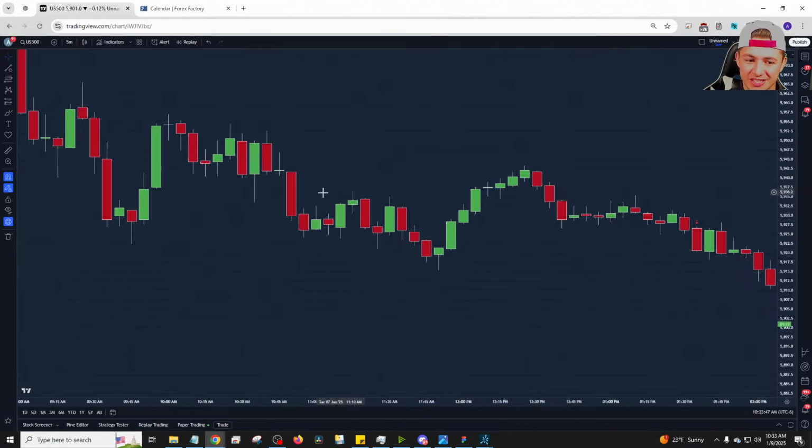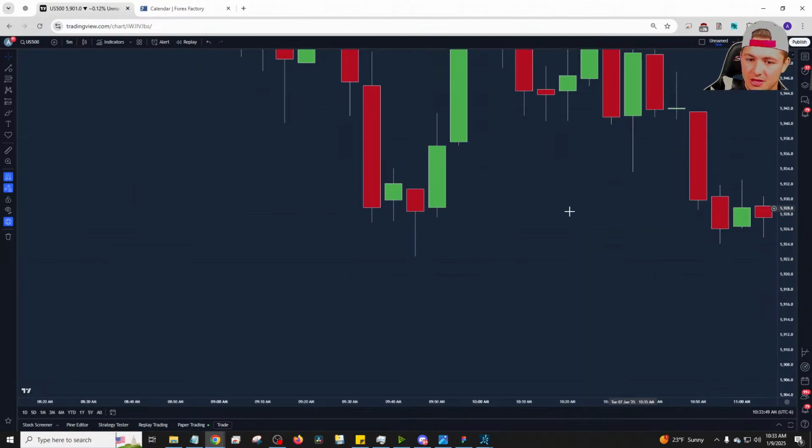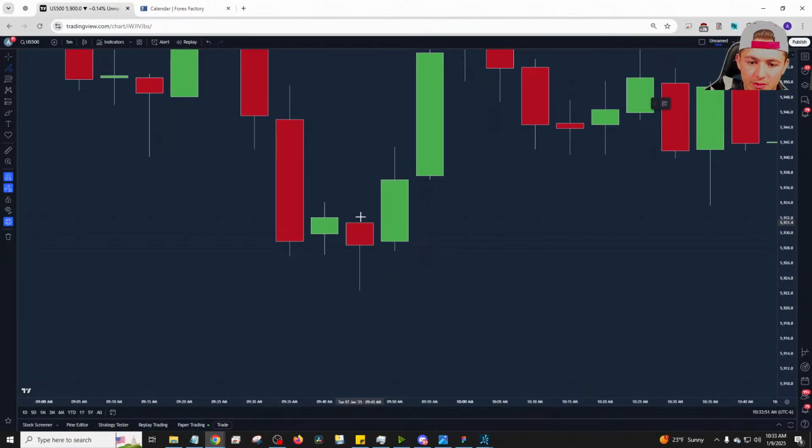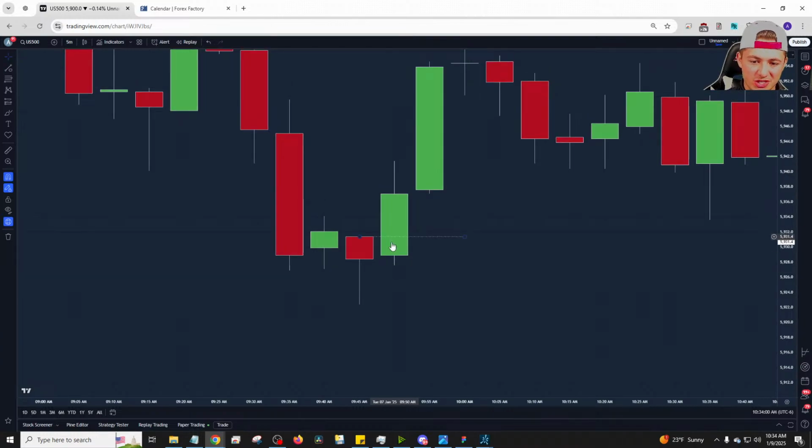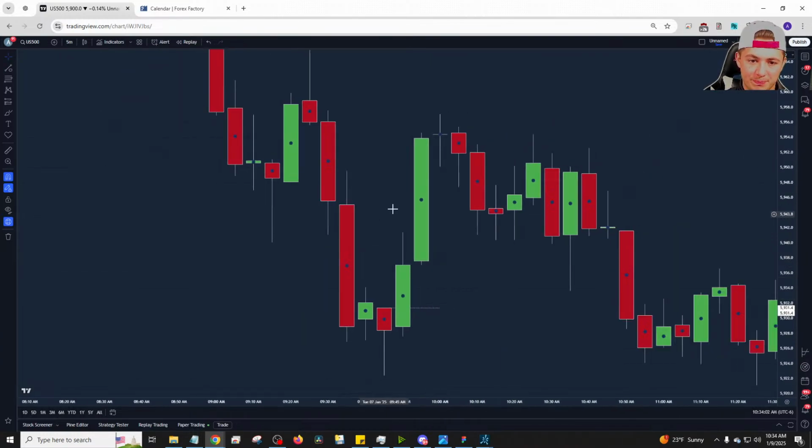Or at the very least, like you'll notice in here, these shorts in here, losing trade. So when you take the offer, we want it to just go right away. We can have our stop at the open or low of this, but we just want it to go. Whereas